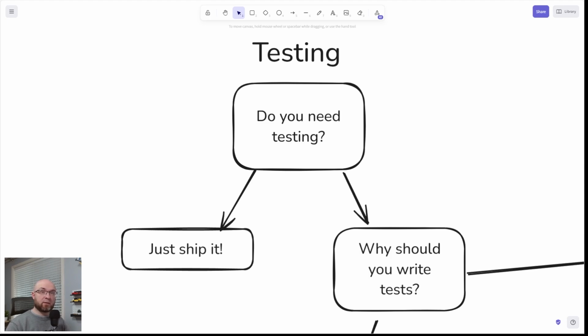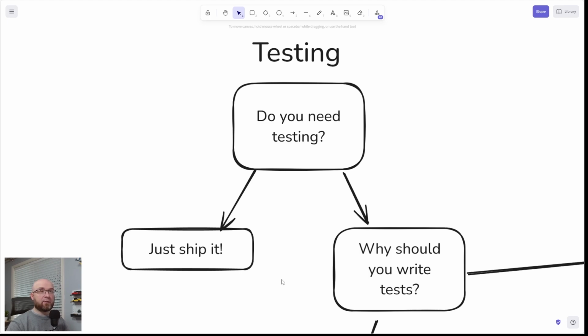All it does is it calls an API and returns some stuff, right? Maybe there's a minute amount of UI logic, but you want to ship it. Right? So maybe I would say in that scenario, you probably don't need testing.